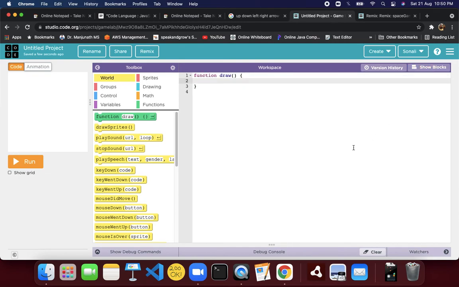This actually helps you write error free code in the future. After all, you don't want to waste much of your time, right? You just want the output. So definitely that will be helpful once you start writing your code in text instead of dragging, dropping and looking for the code.